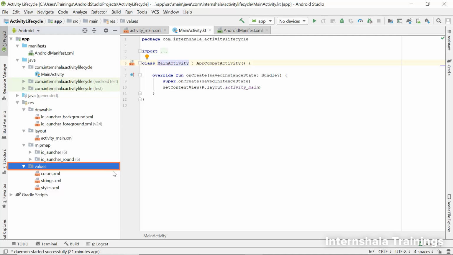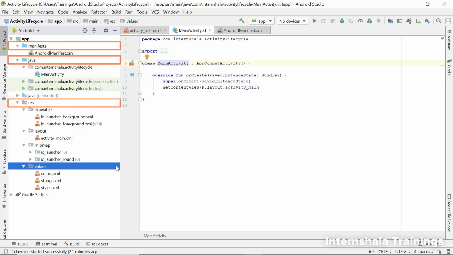This will contain the values that will be used in our XML files. These values can be strings, colors, or styles that will be used in our Android app. You don't need to worry about this as of now, since we will learn about them later when we work with XML. So we have looked at 3 folders as of now. Click next to look at some more important folders.